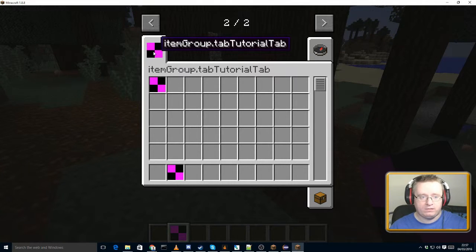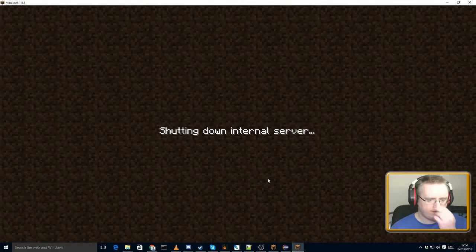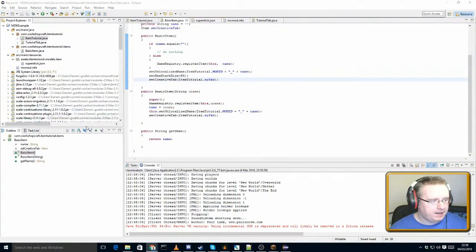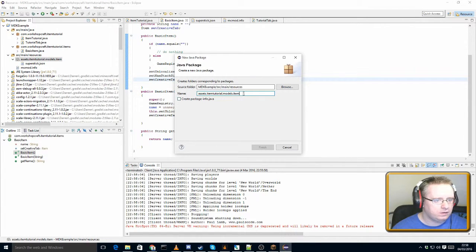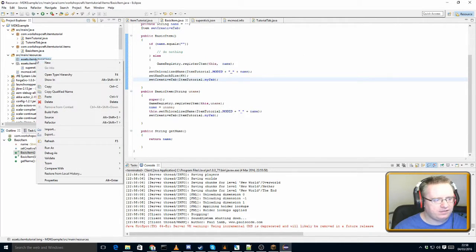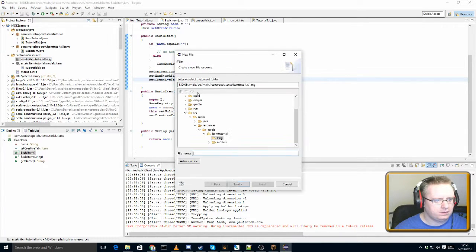Now we need to make a note of that because later on, in fact, that's the next thing we're going to do. We're going to actually give these things names. Okay, so what I'm going to do very quickly is get out of here and close this, and then we're going to go into a file that we need to edit. The file that we need to create is package. It's not in models. It's in assets, item tutorial, lang. Okay, and then in this package, which is basically a folder, we need to create another file called